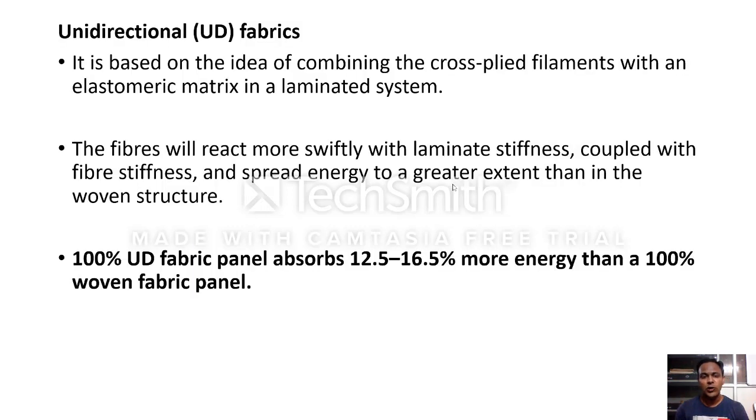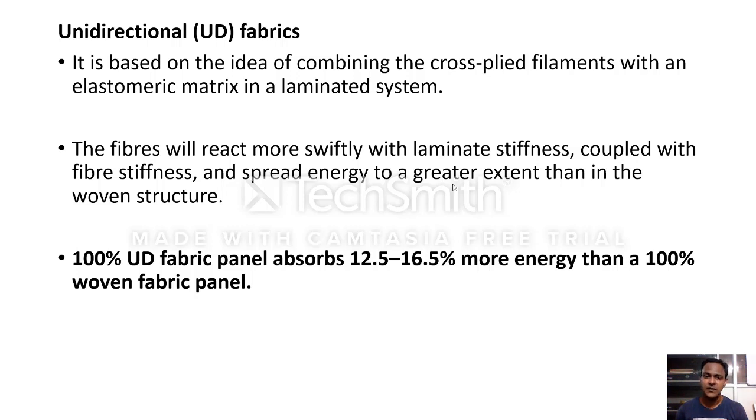Next, we will move on to the next type of fabric, which is the unidirectional fabric. From the name itself you can understand, it is only one direction. It is based on the idea of combining cross-plied filaments with an elastomeric matrix in a laminated system. You are aligning the cross-plied filaments in a particular arrangement, and using an elastomeric matrix to make